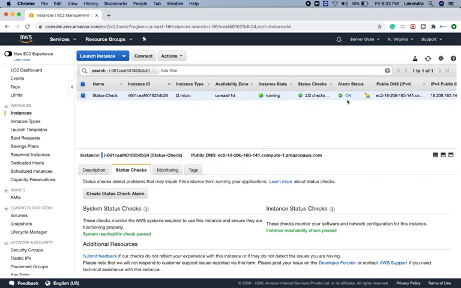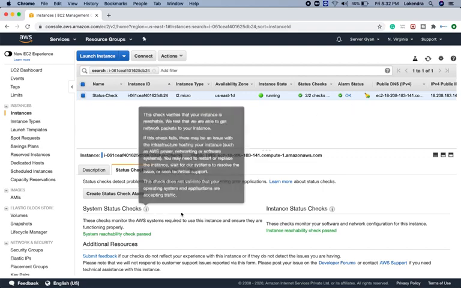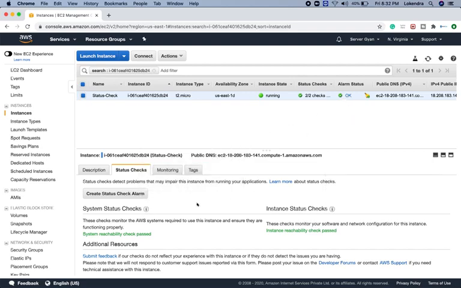So even if we reboot, okay, see, it is okay. That is what I wanted to show you guys. It means both the status checks are getting passed. That is why it is okay. If either one of the instance checks fails, then it will be in critical or in the alert section. Fine. So I hope this is it for this video guys.